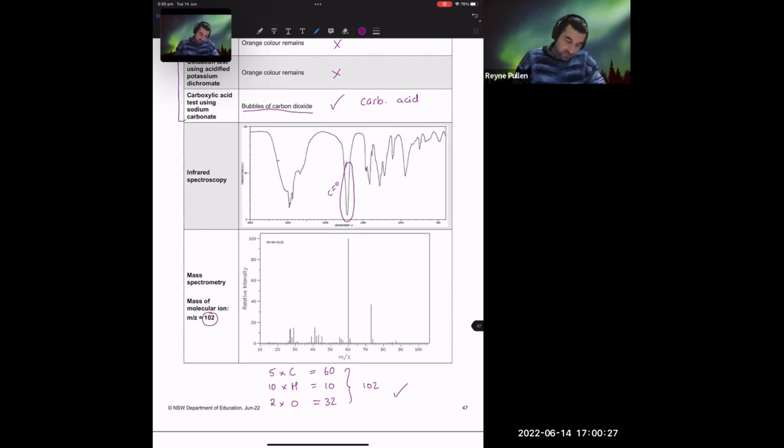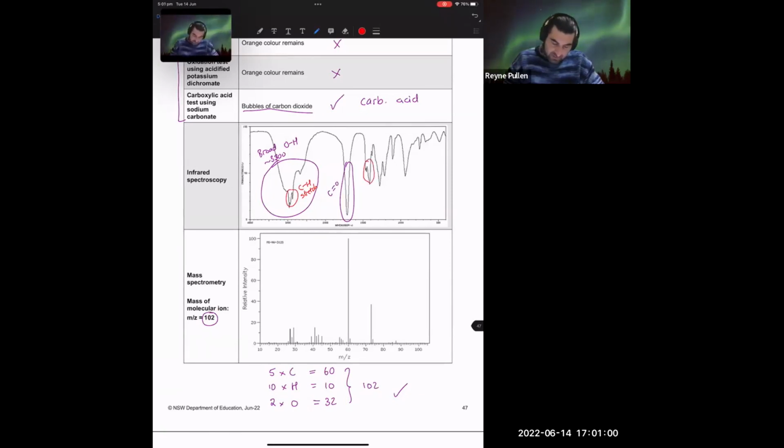We then have what looks like a bit of a mess. And I reckon what's in here, now I might color code this, is that we've got a broad OH peak at about the 3300-ish sort of space. But if I change to red, I reckon that we also have the C-H stretch at about the 3000 mark as well. And we would expect to see that. It's got a hydrocarbon there. And again, we can see that peak at about the 1450 here, which would be the C-H